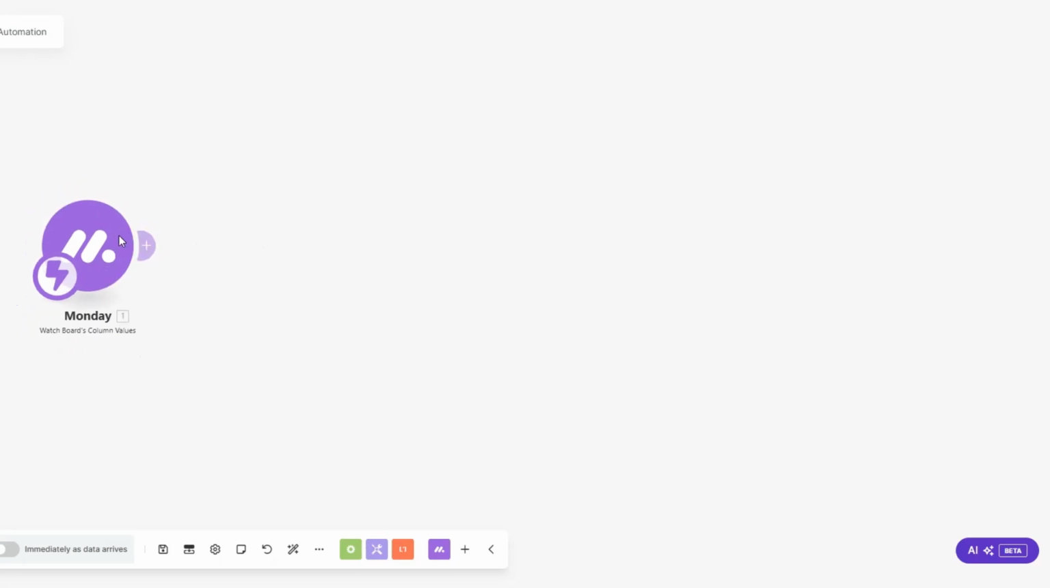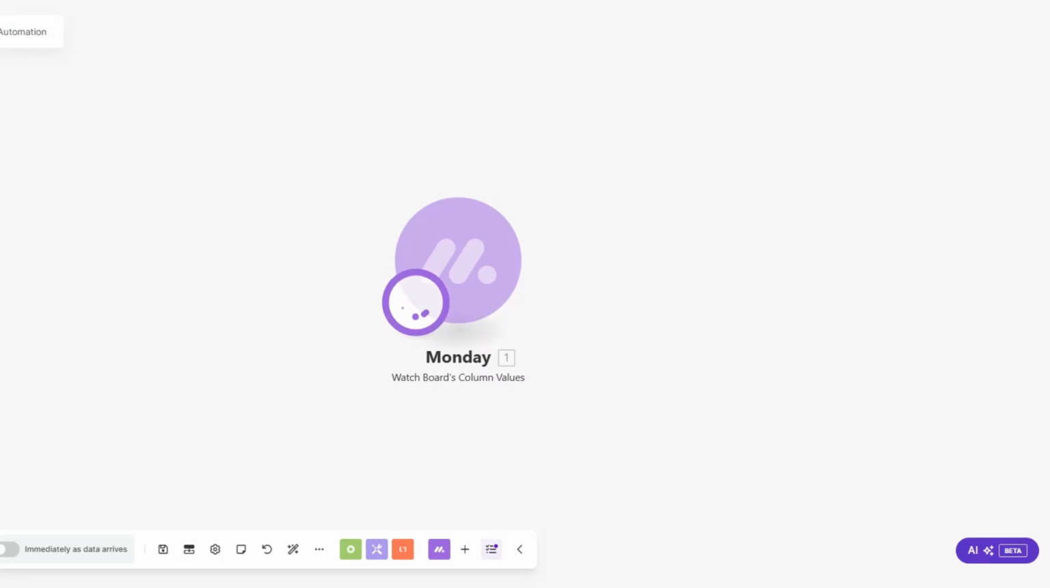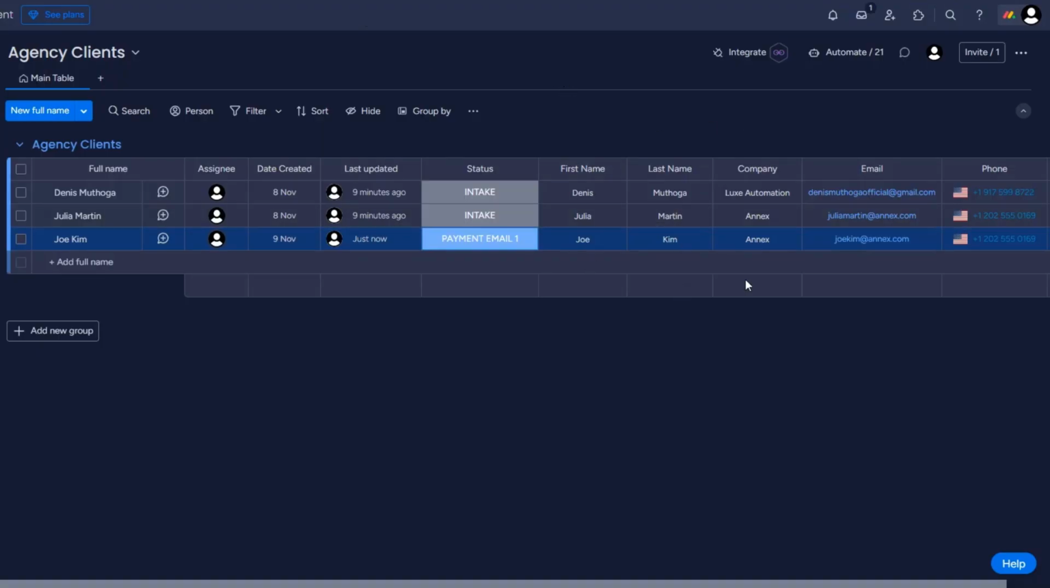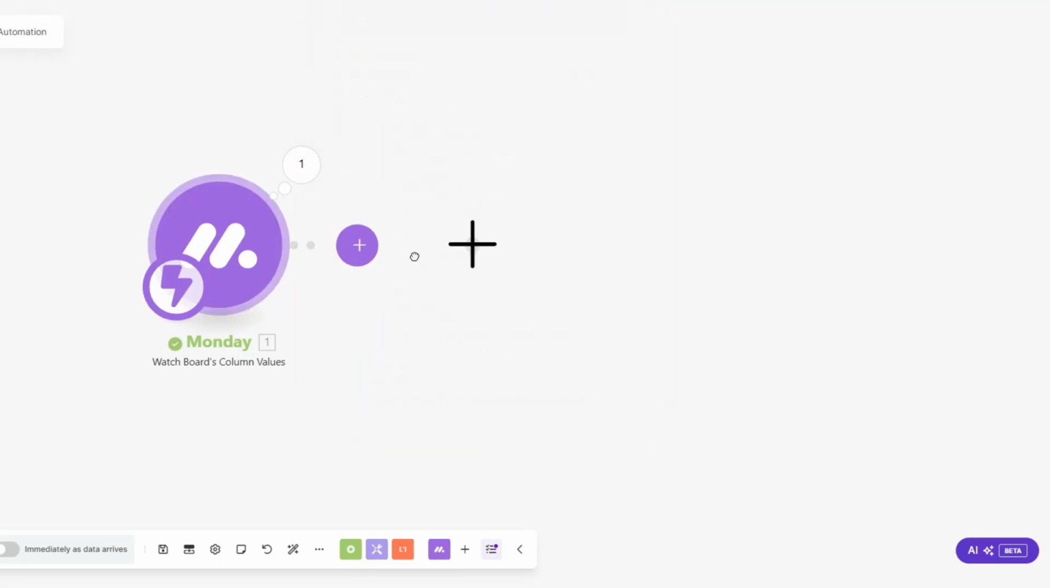Now here, if I run this module and then change the status of one of our clients to payment email, you can see that we are getting the specific client whose status we just changed, but we're not getting the rest of their data, like their first name, last name, company name, email, or their phone number. Now to get the rest of their data, I'm going to copy this pulse ID,